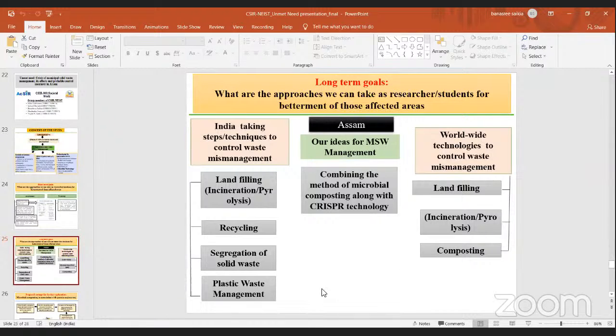Okay. So since we have formulated short term and long term goals in our proposal, in short term we are